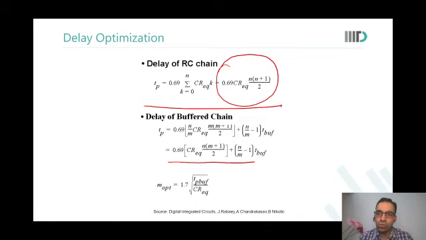If we go to a buffered transmission gate chain, do you realize that there is a simple method to arrive at the optimal number of stages after which you want to put a buffer? Is this evident to you? Yes, sir. Great. So with that, we come to a close of this ETL kind of logic design.